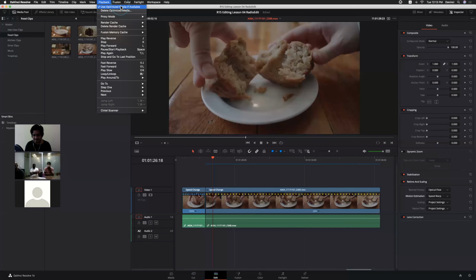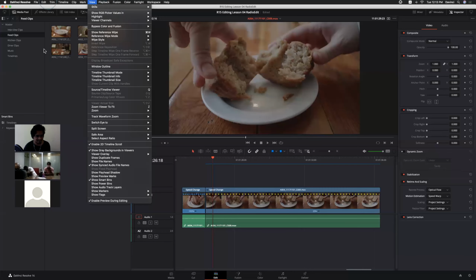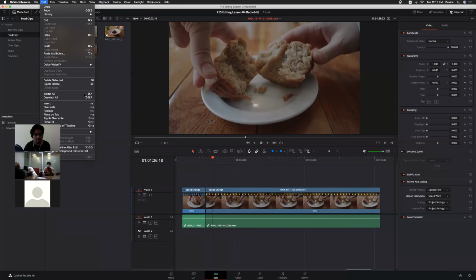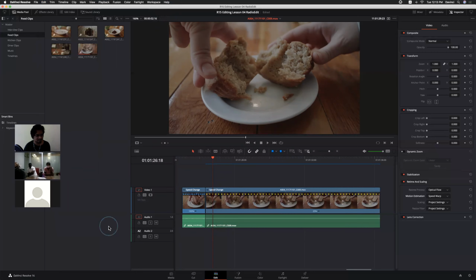Yeah, we have actually jumped from inspector to some other options. Is there any confusion in that? But we did maintain a flow. Is there any confusion up to now? Does this take any time to convert, sir? Meanwhile, we can use that clip. Can you hear me, sir? Is there any confusion up to now about the rendering and the optimized media render settings? Rajit, can you hear me?